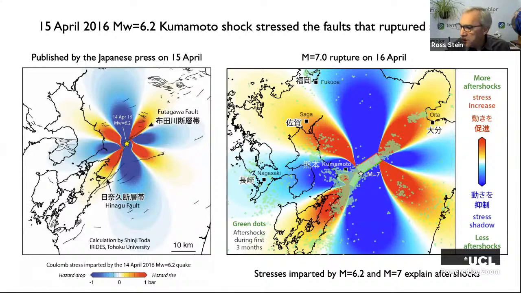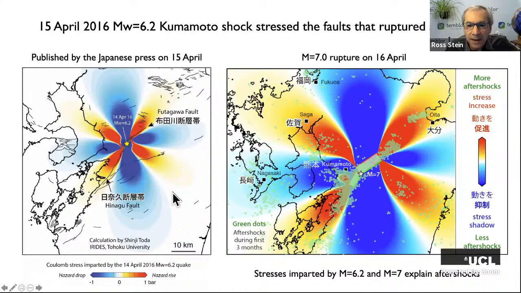So I think what you've seen so far is we can go beyond just the static Coulomb stress. We can apply the seismicity rate equation of Dietrich, and then we can begin to do more direct forecasts, probabilistic forecasts of earthquakes. But let's take a closer look at the stress shadows, because they're really interesting too, and they're the good news part of earthquake interaction, that earthquakes can be inhibited on faults, not just promoted.